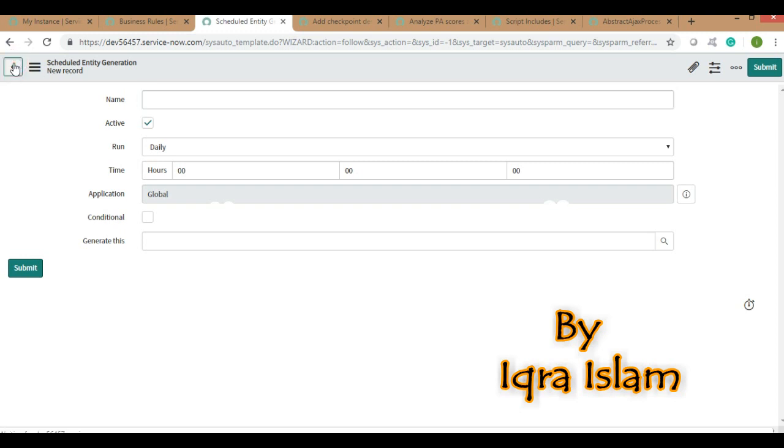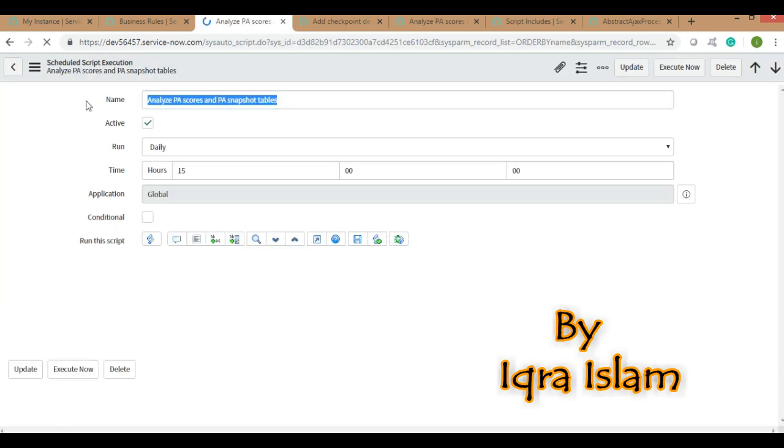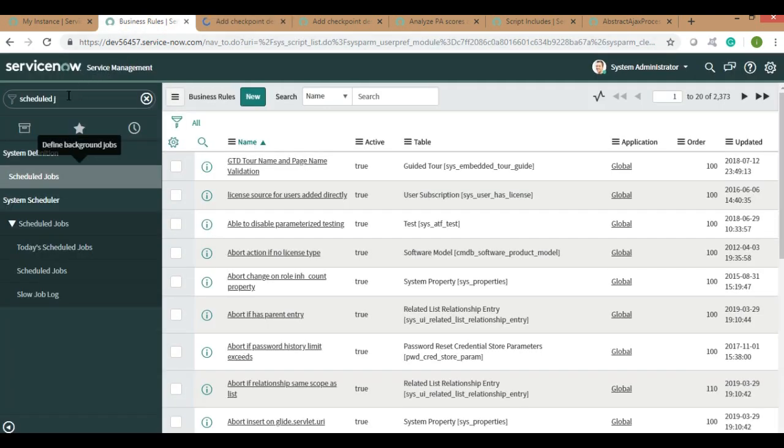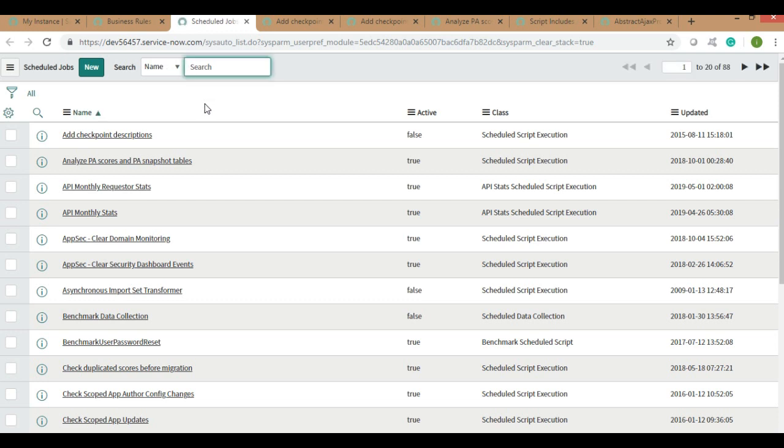If you want to select anyone, like your own name as you are the admin, then you can run that job. Or many of us don't select any person, because